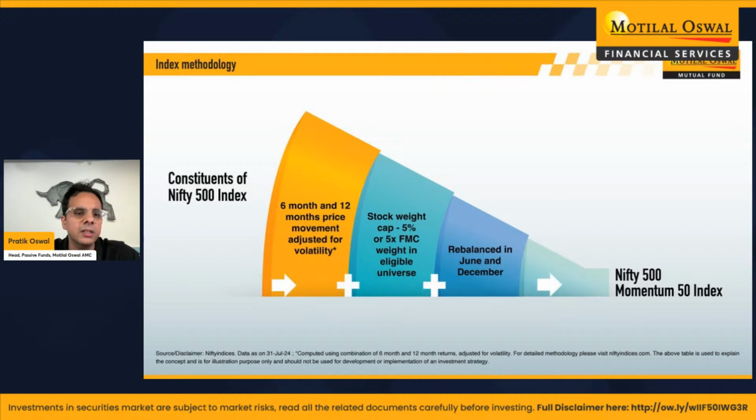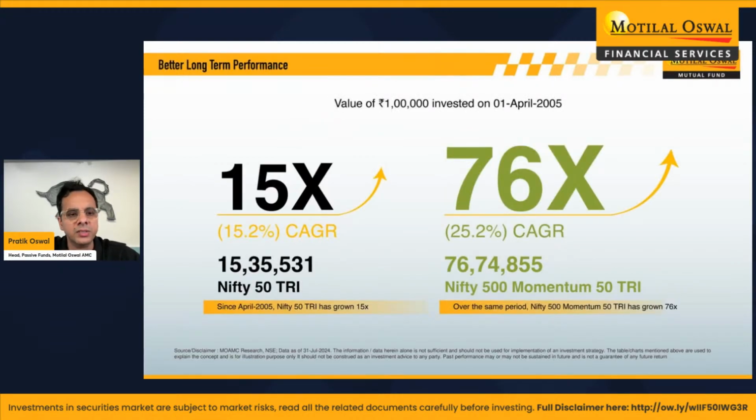And as we've seen, momentum in the market changes a lot. So this index gets rebalanced every 6 months, and you see that the stocks change quite often in this index. So it's a very dynamic index. You'll see that a new cohort of stocks comes in every year. I think it's a dynamic index, and we've seen that the performance of this index is also quite impressive.